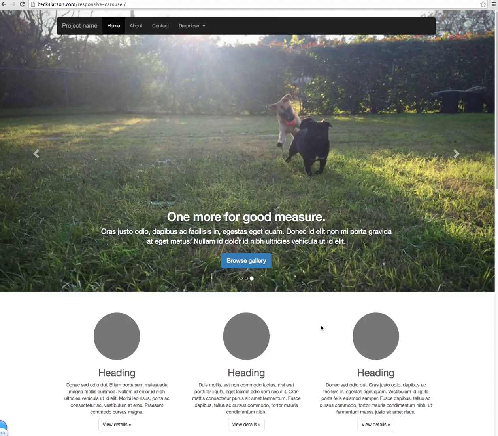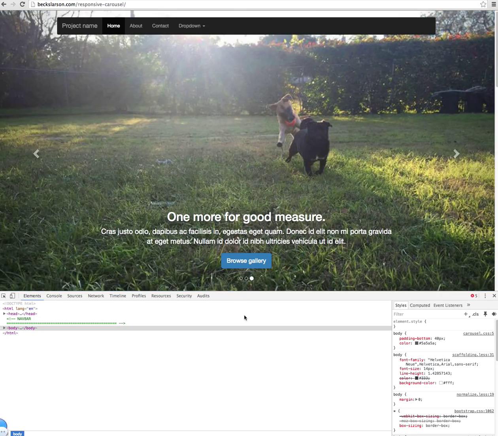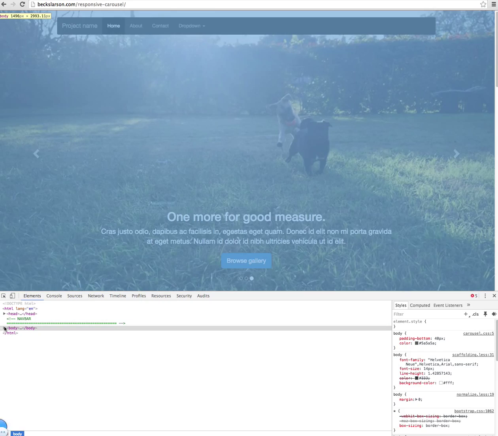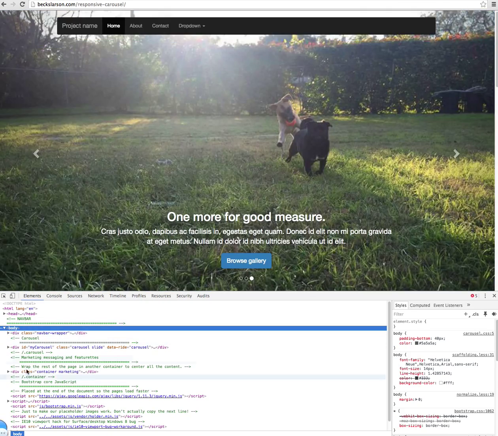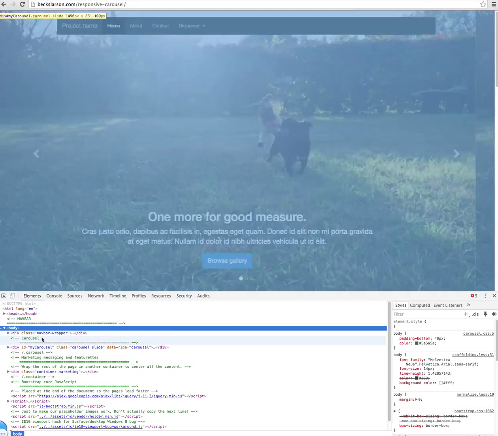But if we want to find places that we can customize it, then first we need to decide what we're looking for. So let's say I wanted to change, for instance, the color of this nav bar. Then I would right click and inspect element. So this section over here is going to be our HTML, and this section is our CSS. So if I pull down these carets so I can see more of the HTML over here, you can see